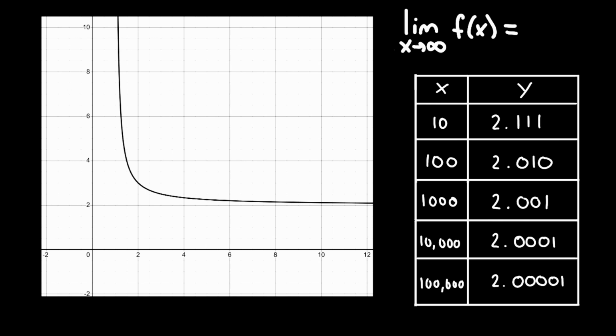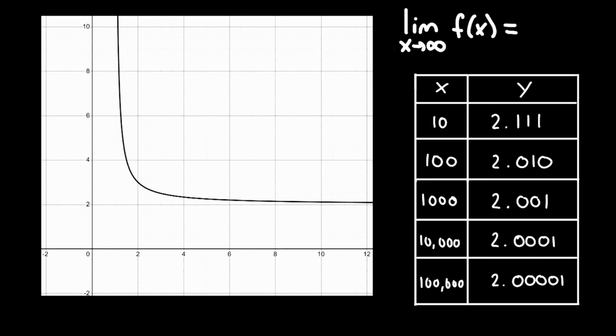So, if we're trying to find the limit as x approaches infinity, we need to figure out what value this function approaches as it increases without bound and approaches infinity. Again, never actually meeting infinity. So using this table, we can see that as the values of x increase, the values of y are approaching 2. And although they never quite will meet 2, as this function actually has what is called a horizontal asymptote